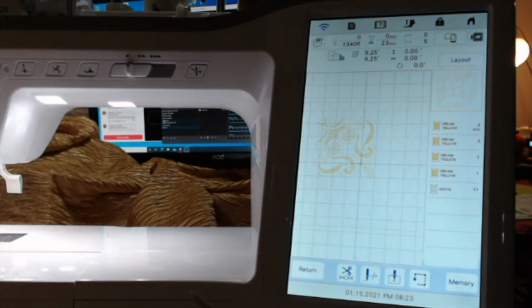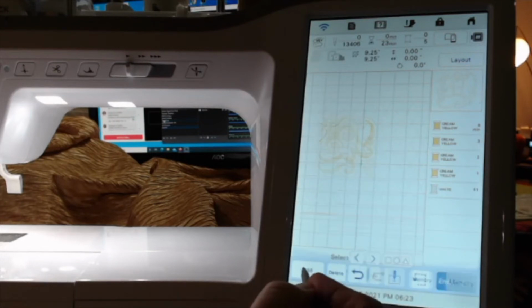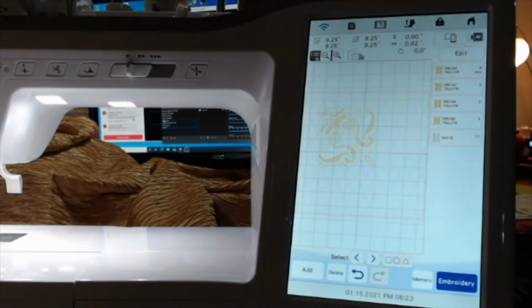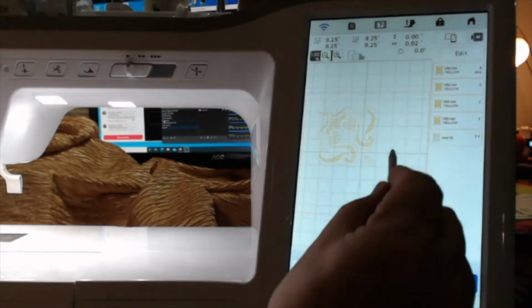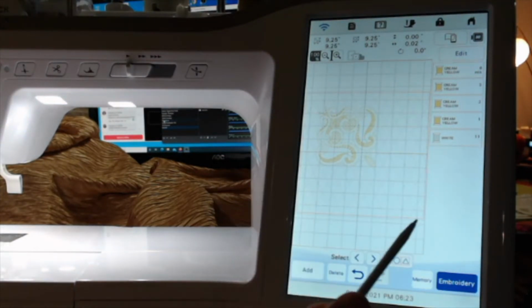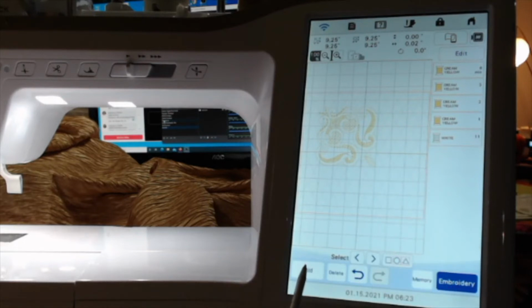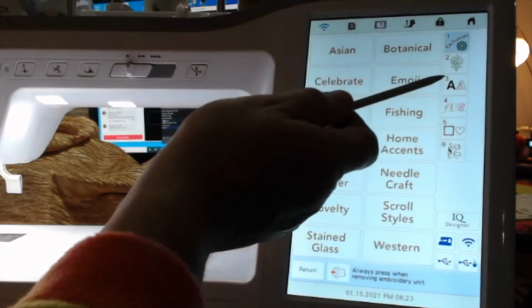If you want to add some lettering, for instance, let's just return to embroidery edit, and I'm only going to talk about this on this one screen here. But think about this. If you wanted to add something down here, be it another embroidery design, or maybe a word or something in there, I'm going to show you how to do that. So if you do the add button here, and then go into your alphabet,